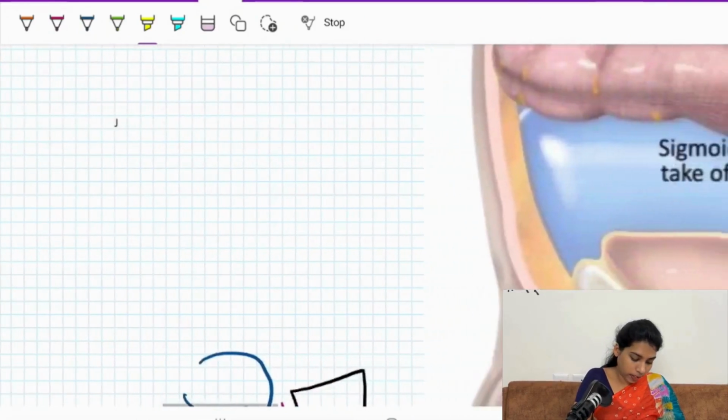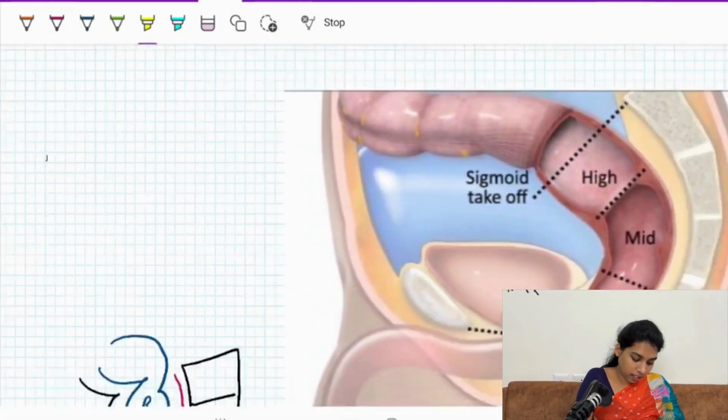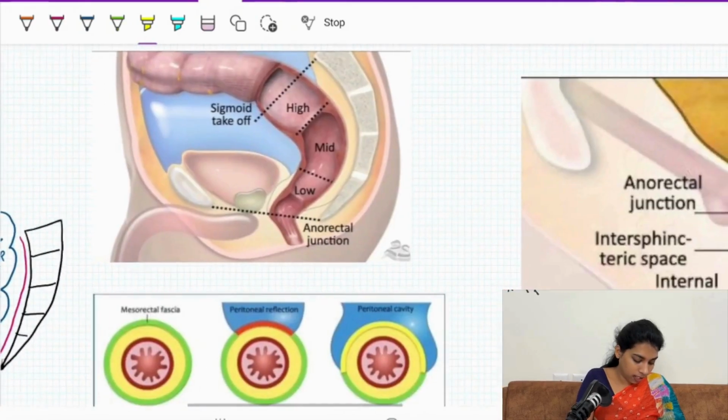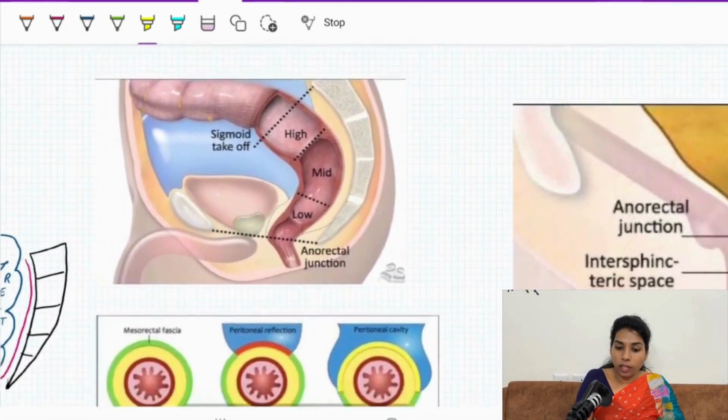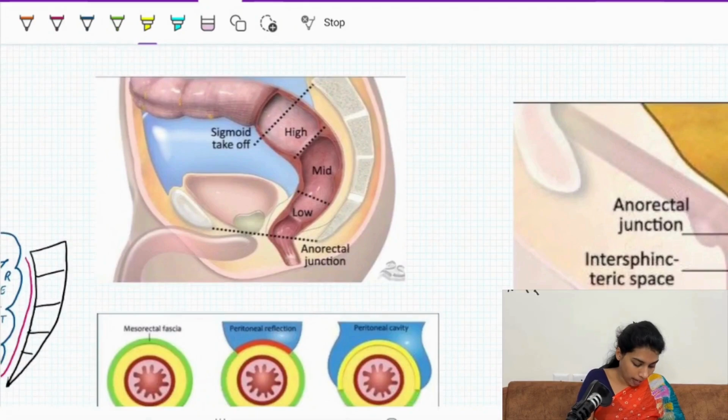We can see even in this image that this is the pubococcygeal line, which we call the anorectal junction, and then this is our sigmoid takeoff. Okay. Now, moving forward to the anatomy of the anal canal,